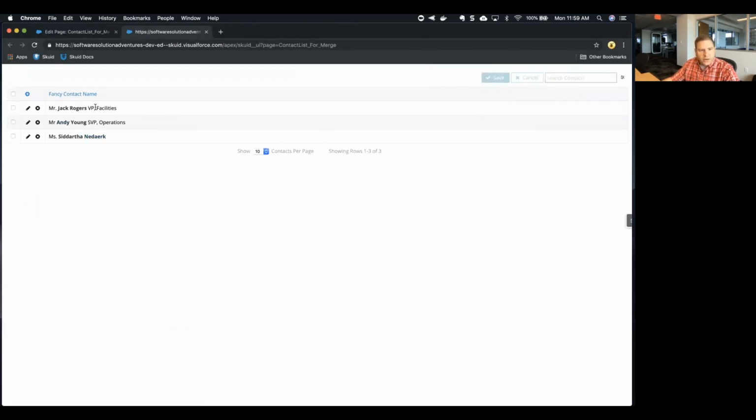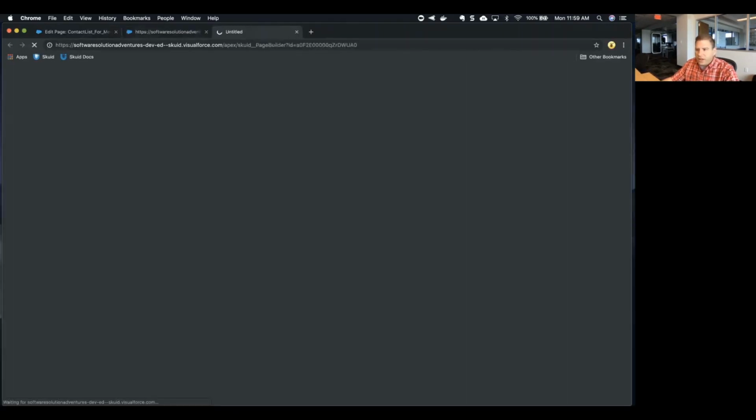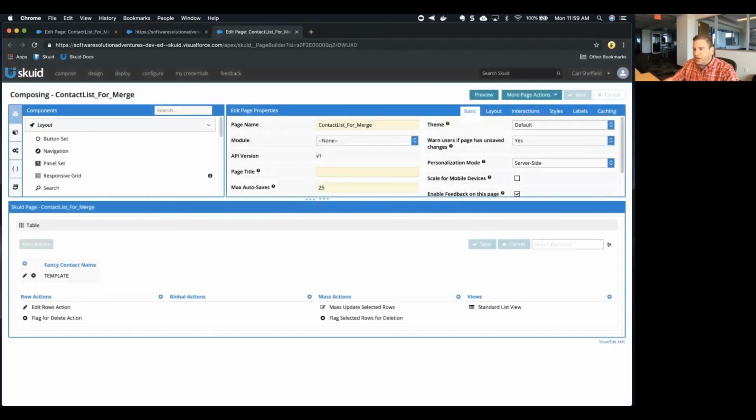Now we can see there are 3 lines because we filtered our model, and the template field that we have here is formatted. I've got it bold here, and then I've got the title, and then the salutation is there. So that's pretty good. Let's go back to the composer, and we'll add another template field. And what we want to do with that template field is have an address